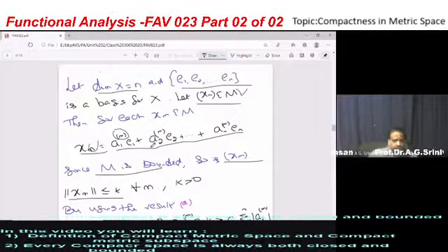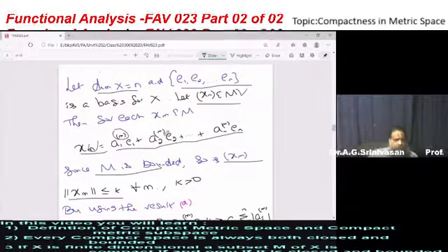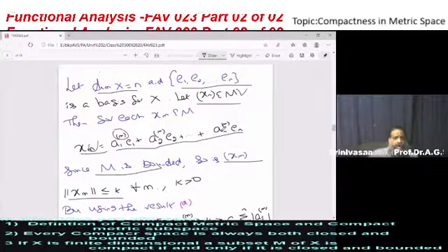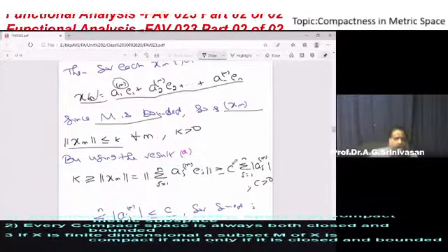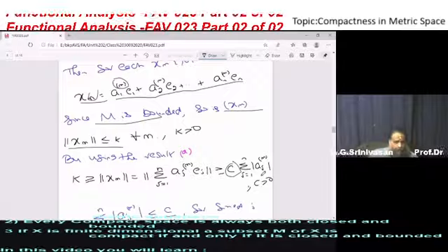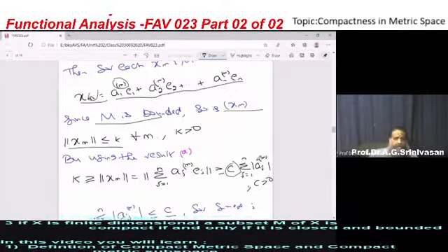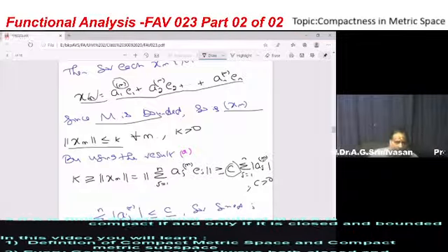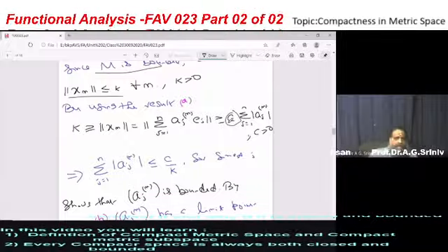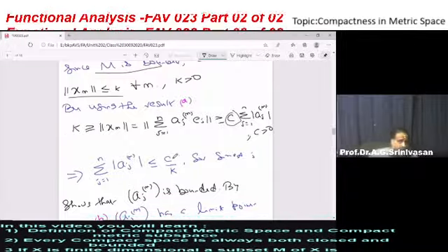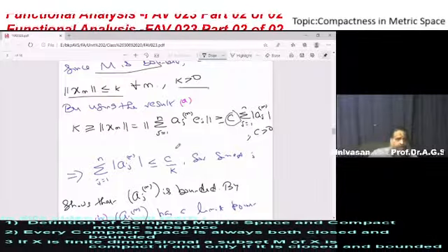A finite dimensional normed linear space is a real vector space or a complex vector space. So A1, A2, etc., An, all of them are real numbers or complex numbers. So the Aj power m are real or complex numbers. Of course, by that lemma, C is also positive. So K is greater than or equal to C times the sum over j from 1 to n of modulus Aj power m. Or equivalently, the sum over j from 1 to n of modulus Aj power m is less than or equal to C by K. What is C? Positive. What is K? Positive. So C by K is also positive.